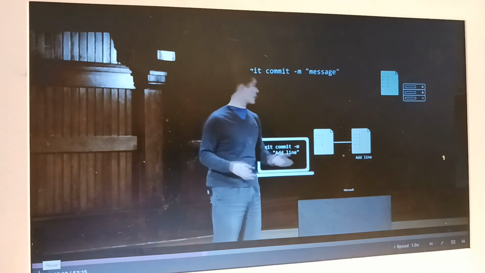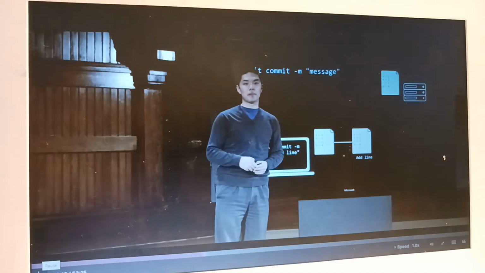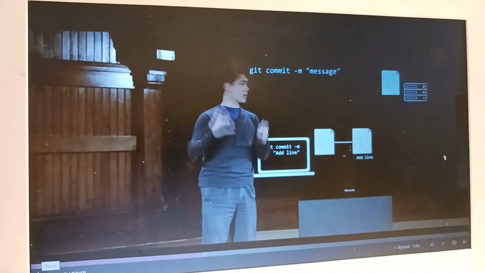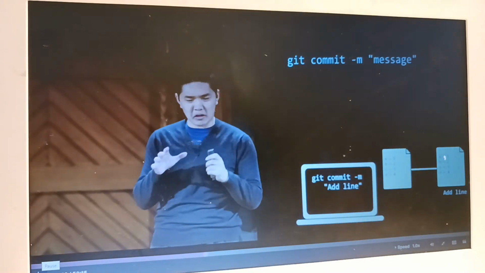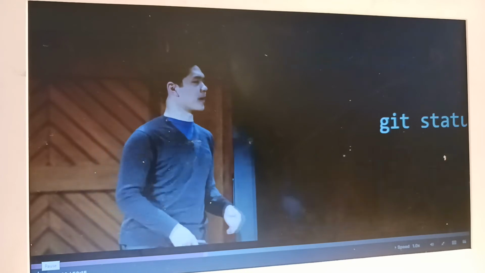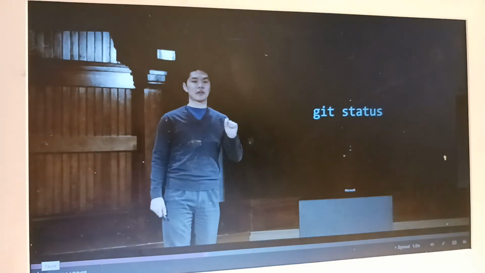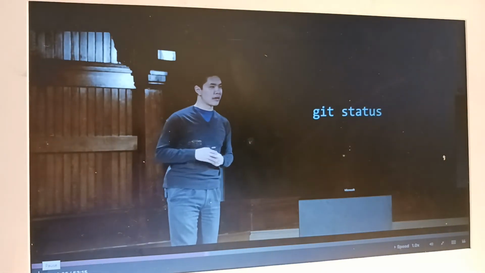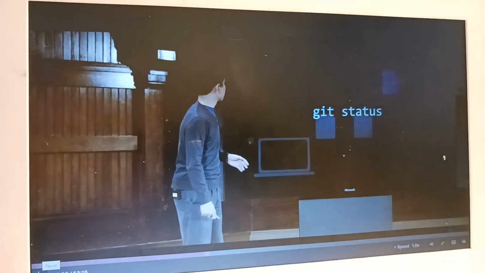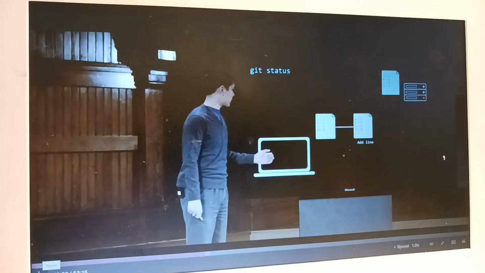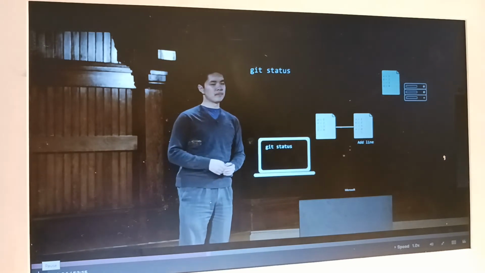The changes I was making were only happening on my own computer. If I want to push those changes up to GitHub, then I'm going to need some additional commands. In fact, we can see what's currently going on inside of my repository using a command called git status. What git status will do is tell us what's currently happening inside of my repository. So for example, if I were to, in this current state, run the command git status, then Git is going